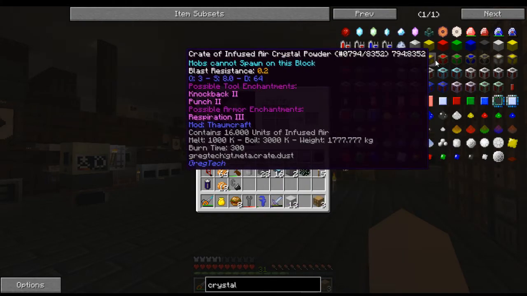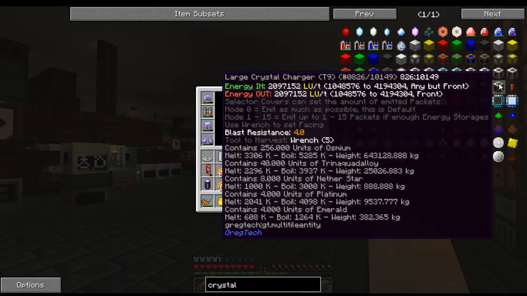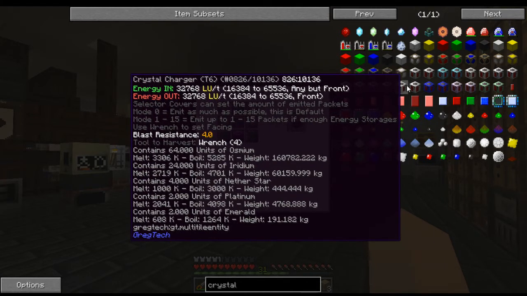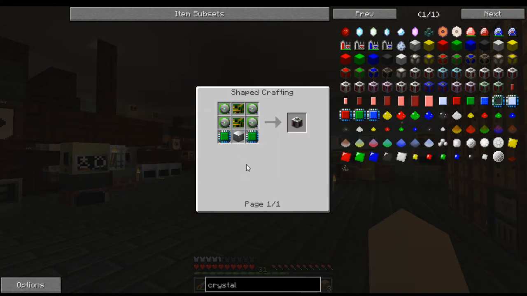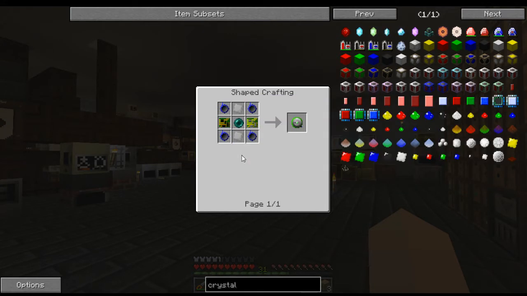We have crystal chargers from tier 0 to tier 9. Only up to 5 are craftable. Anything 6 and above is not currently craftable. Tier 0 is your ultra low voltage, which takes still osmium wires, so you're not going to be doing this